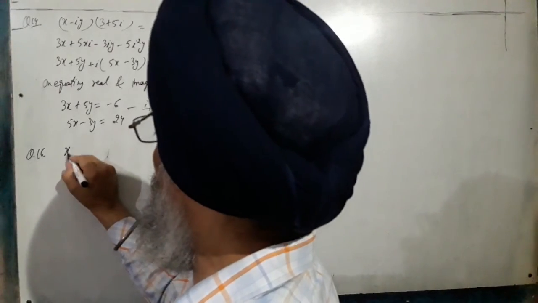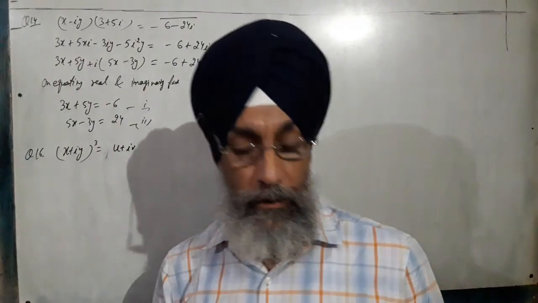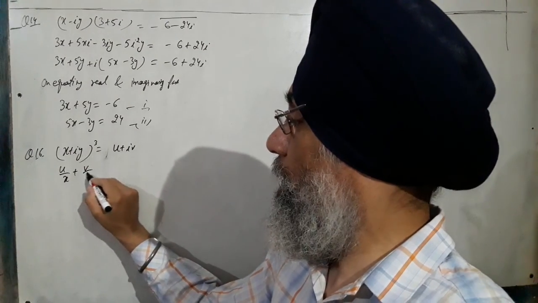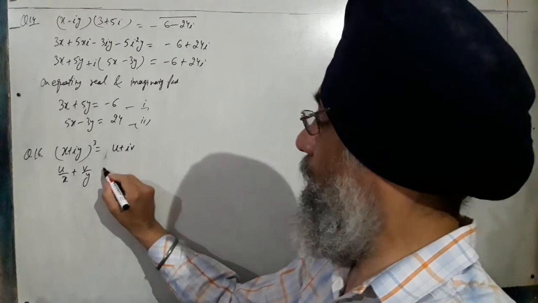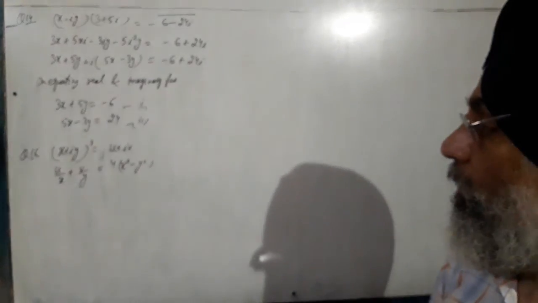It is given x plus iota y whole cube is equal to u plus iota v, and we have to prove that u upon x plus v upon y is equal to 4 times x square minus y square. This you have to prove. So take the left side. We are given x plus iota y whole cube equals u plus iota v. Using the a plus b whole cube formula,